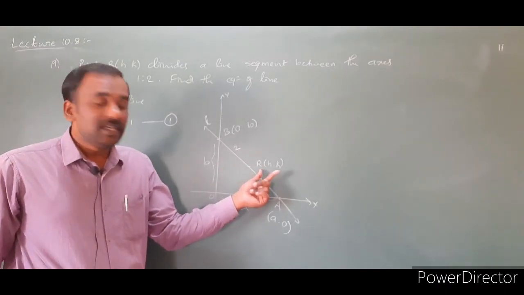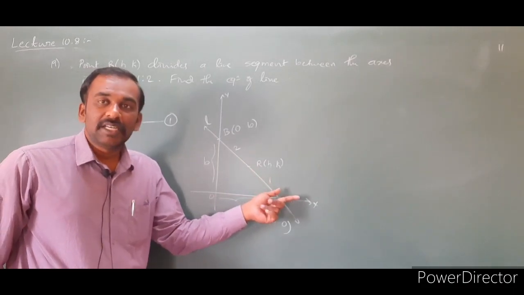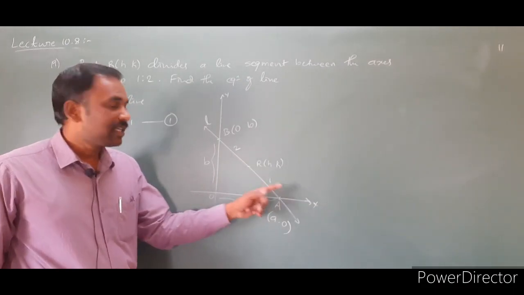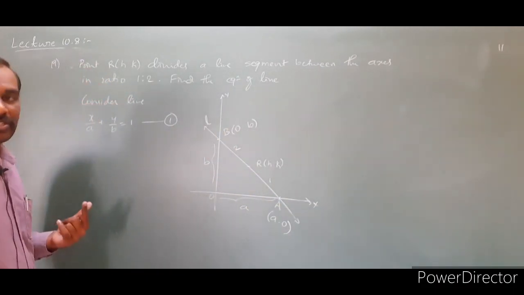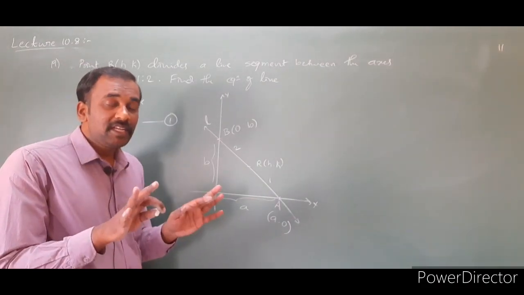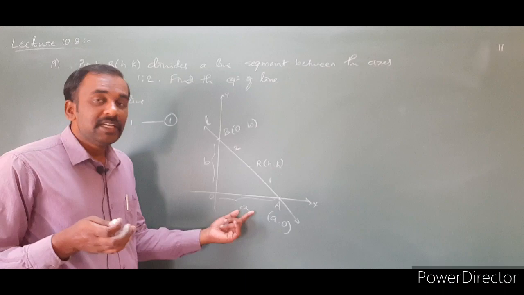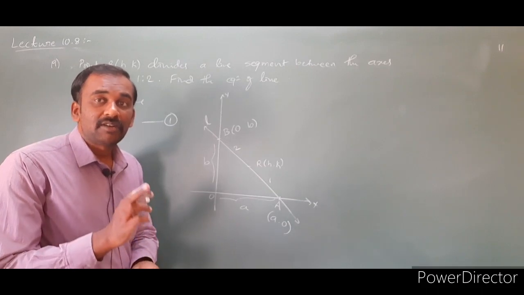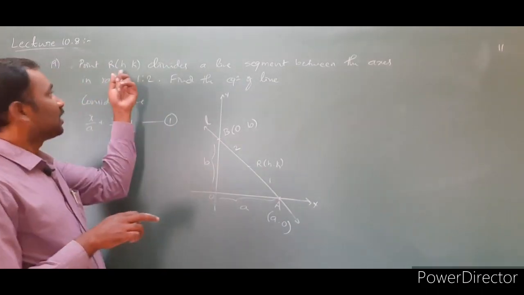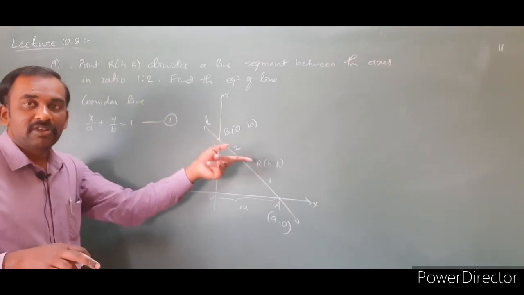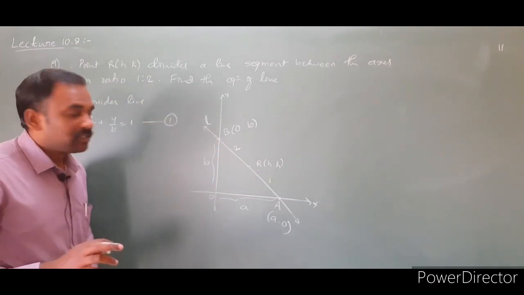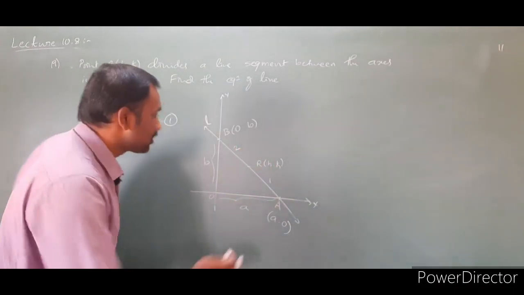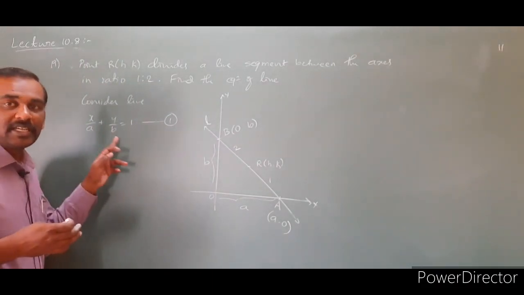Then we can easily find the a value and b value in terms of h and k, or the h and k value in terms of AB. Okay, better to find the h and k value in terms of AB. What will we get? Check it. Or else, in terms of which value is the final answer required? In terms of h and k is required, because they have given the h and k value. In terms of h and k only, we need to get the equation of the line. That is nothing but finding the a value and b value in terms of h and k. Here it is sufficient to replace the a and b value.